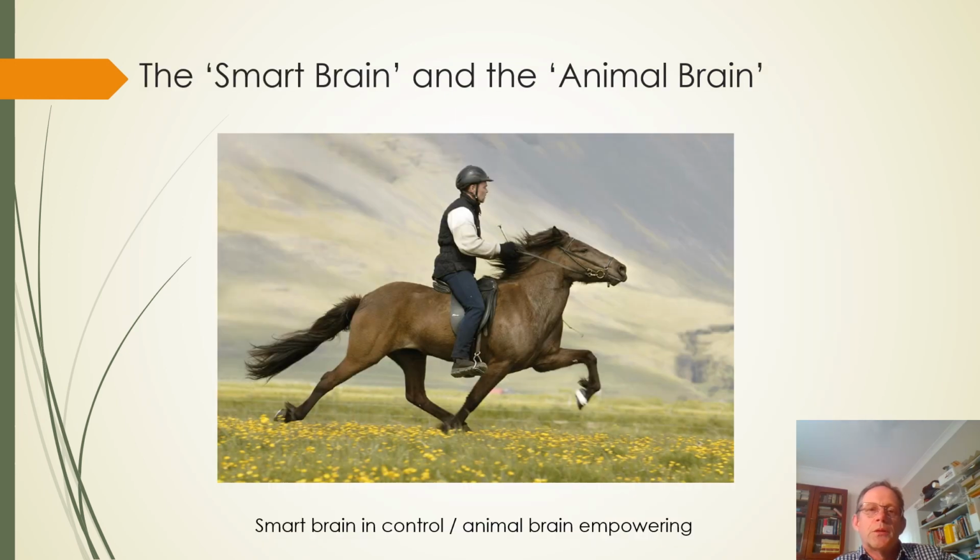A nice analogy I use is the horse and rider, where the smart brain is like the rider of the horse, the animal brain is like the horse. The smart brain is in control, the rider is in control of the horse. If the horse is in control, then it's just wandering around aimlessly, doing its own thing, stopping to have something to eat here, interacting with another horse there. For the purpose of the rider, he has to be awake and alert, and in the case of, say, attention deficit disorder, the smart brain isn't fully alert, leading to the animal brain having more control.